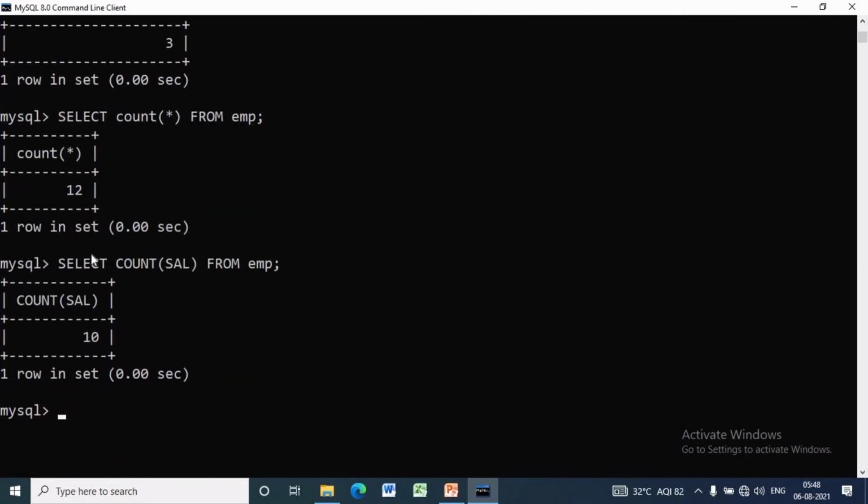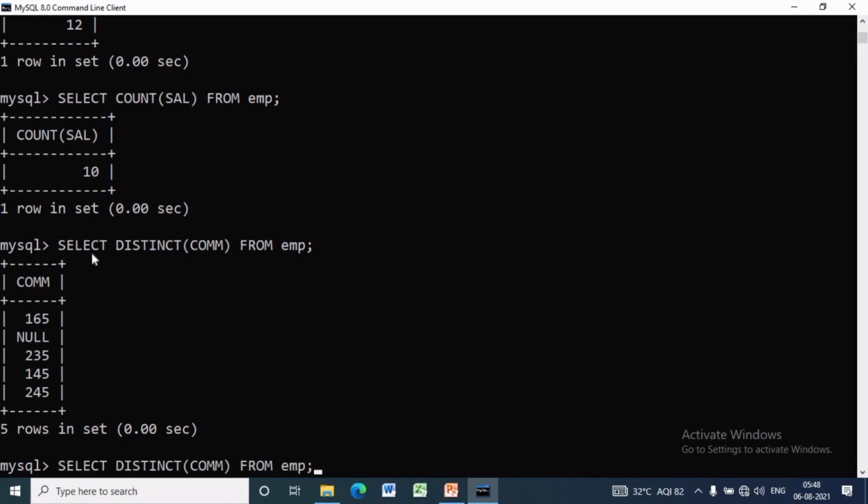We can also know the distinct commissions of the EMP table, and for that we have to write SELECT DISTINCT COMM FROM EMP. As you can see, it is having 5 distinct rows in the result set.